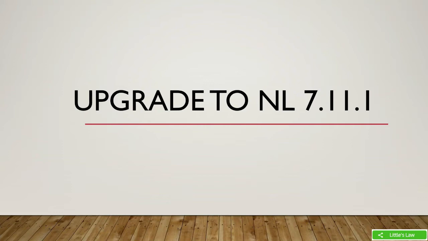And when it comes to update, it comes as a corrective version, say for example, 1.0.0 to 1.0.1. So today what we are going to do is migrate from 7.10 to 7.11.1. Let us see them one by one how to do it and why we have to upgrade our Neoload